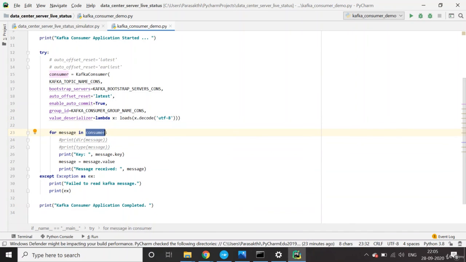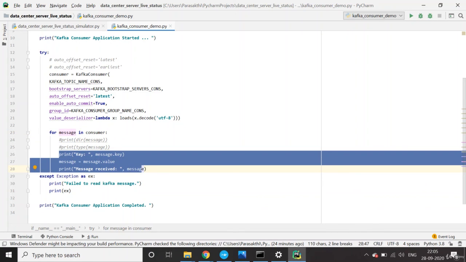Then when you iterate over this consumer object, whatever messages are available in this topic it is going to get, and we iterate over them. For a message in consumer, it gets all the messages one by one and displays them here. That's what we are doing here. I hope this program is understandable.